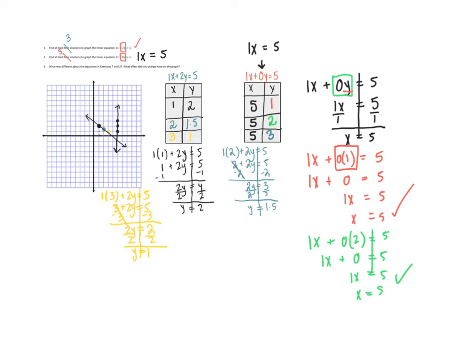And what that showed me is that my x value is always going to be 5. It doesn't matter what y value I plug in. The x is going to stay 5 no matter what, as we can see in our table and in our work. So this line is a completely vertical line,